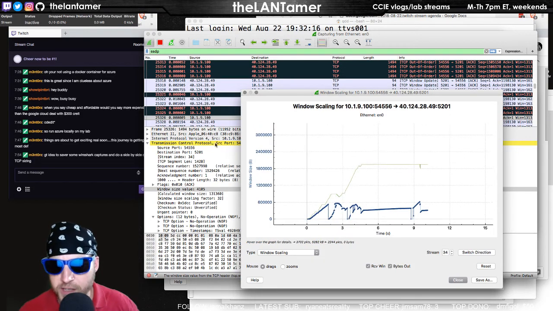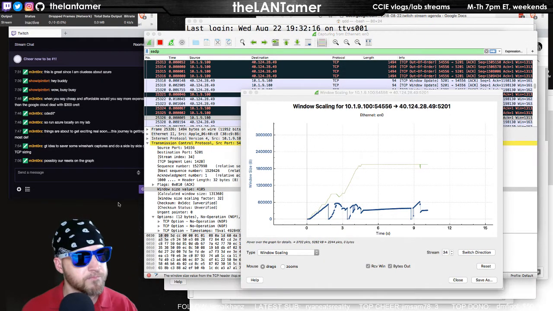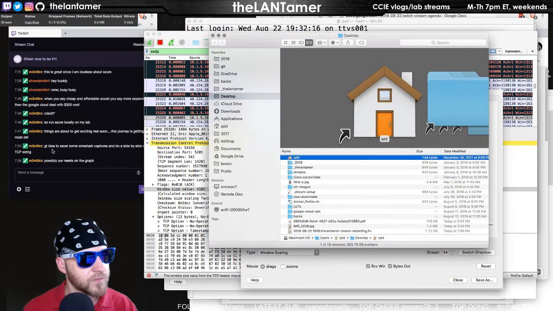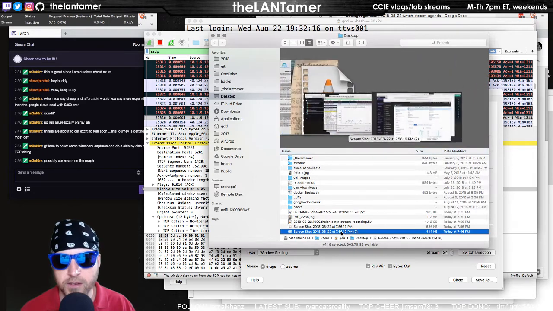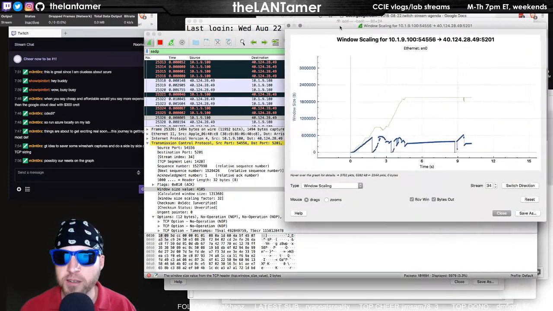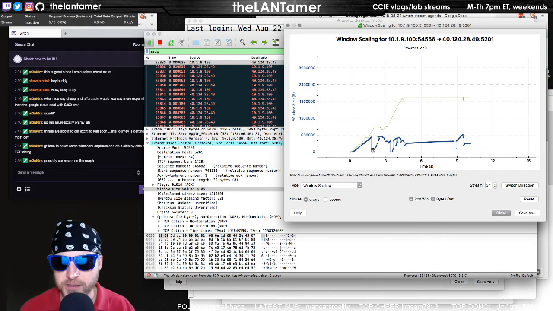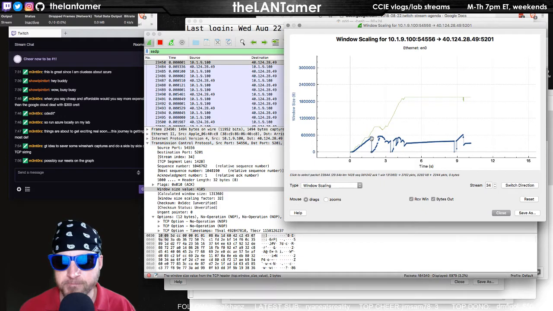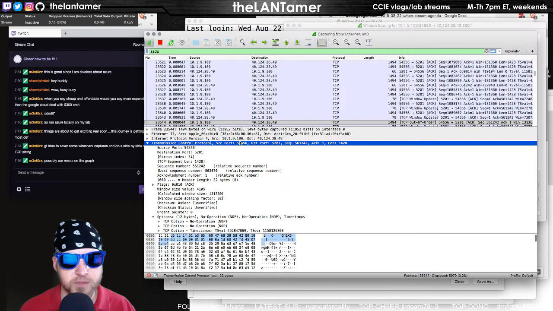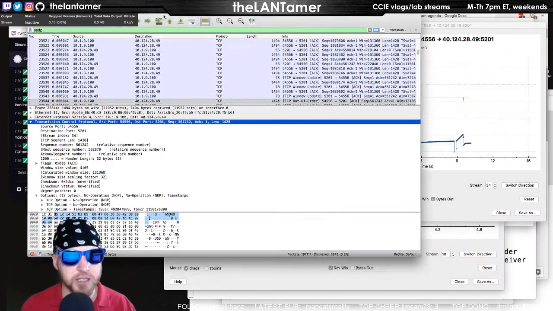So this is cool. All right, so I'm going to take a screenshot of this. Possibly our resets on the graph. Yeah, those probably are, as a matter of fact. Good point, mentors. If we click here, yes. That one's in yellow, TCP out of order. If we do this side by side here,